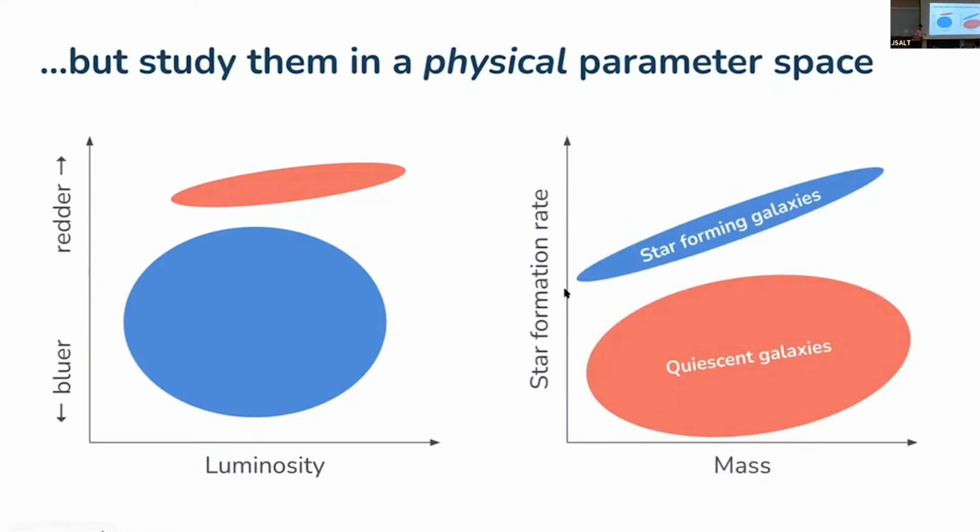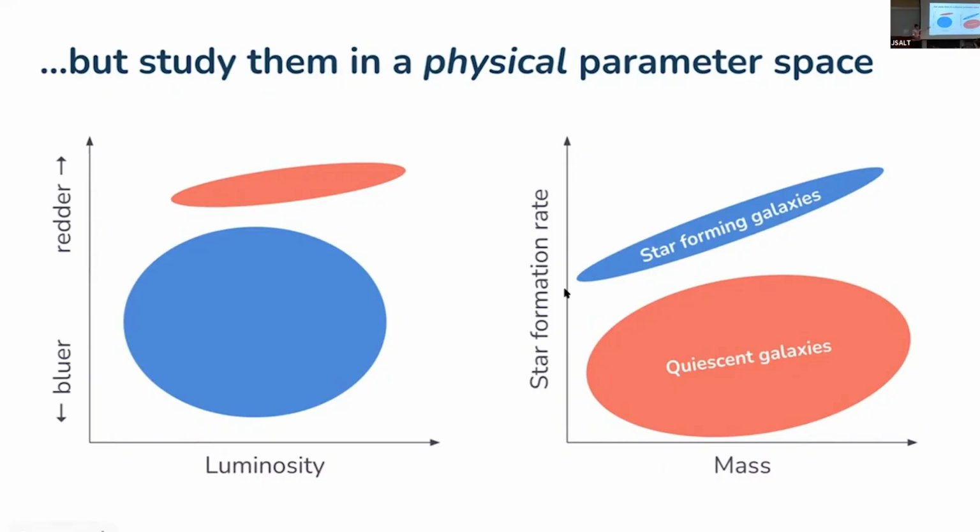But interestingly enough, when you actually map this onto a physical parameter space, you have a big cloud of potentially quiescent galaxies, galaxies that are not forming stars at a high rate, versus their mass. And the mass is kind of proportional to the luminosity. You can think of that as a galaxy with more mass tends to radiate more light.